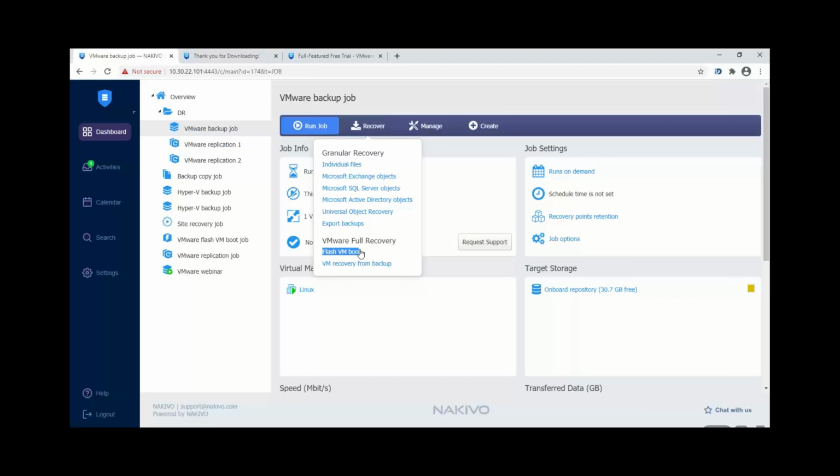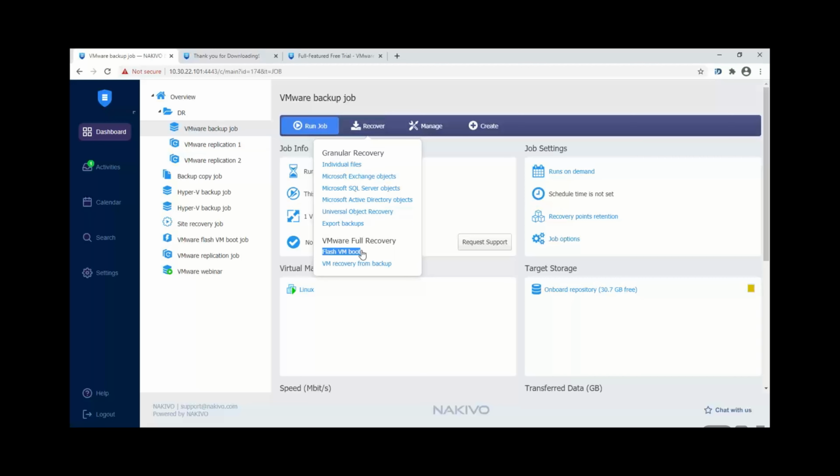FlashBoot allows you to boot up the VM instantly in a couple of minutes, even I would say can be even less than 1 minute. And this is done mostly for verification purposes. Again, an extra level of verification, I would say. So you can test the applications inside patches, and then you can discard that booted VM, and it will be removed from the environment. Another way it can be used for quick recovery, so you can flash boot the VM first,